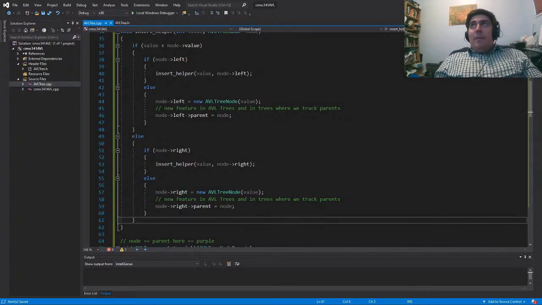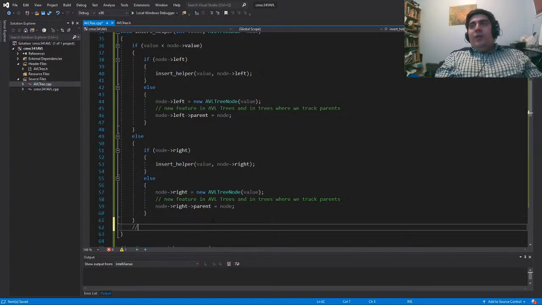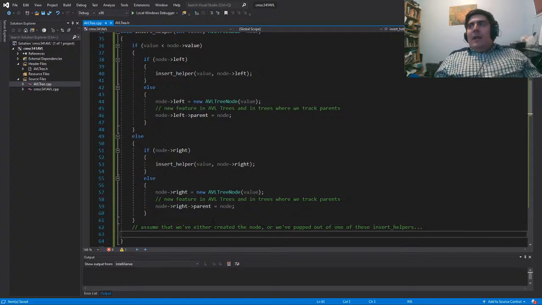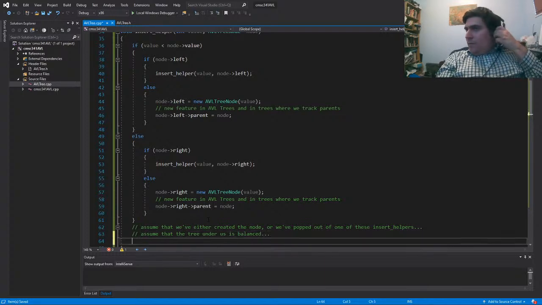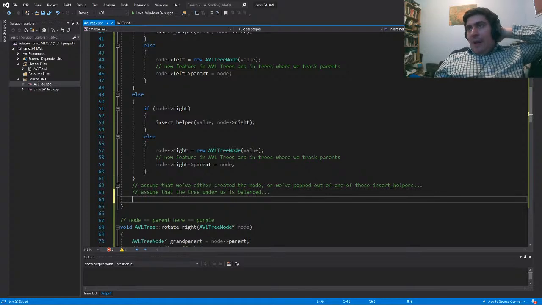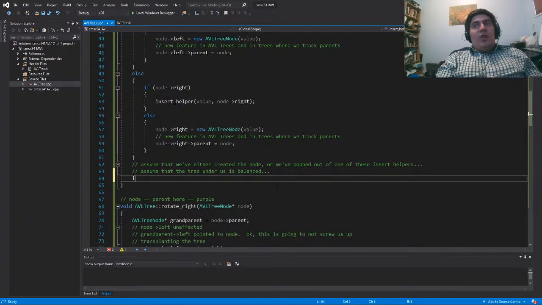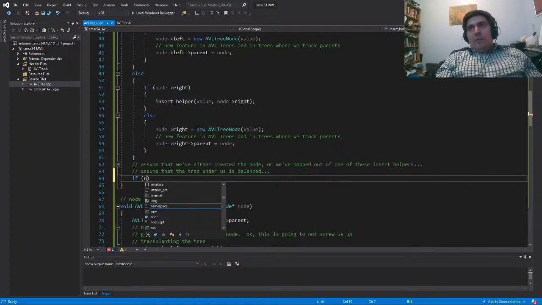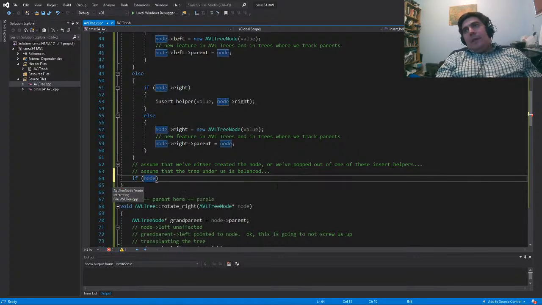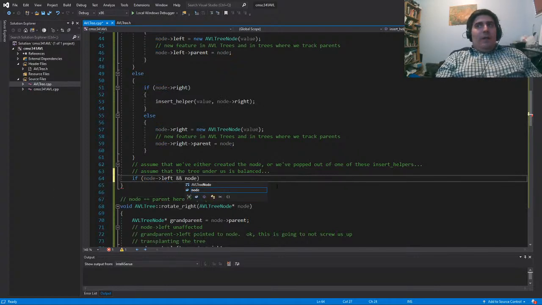So now what we're going to do is we're going to assume, right, that we've either created the node or we've popped out of one of these insert helpers, right? And so what that means is that the tree under us is balanced. So we're going to assume that the tree under us is balanced. We just need to balance the tree at our current position. Right, so what we're going to do is check if node left and node arrow right